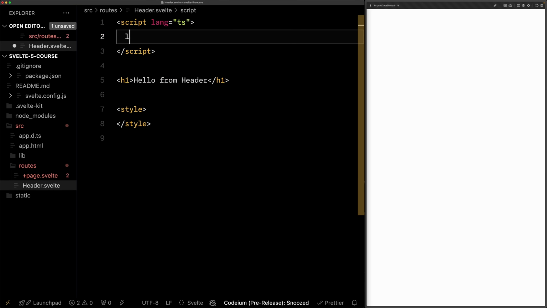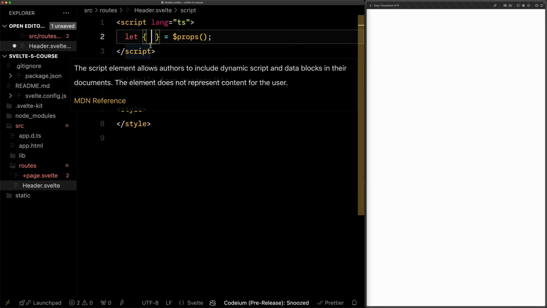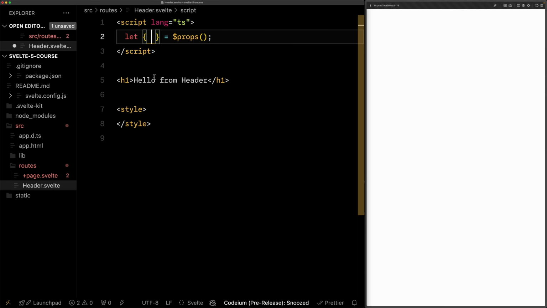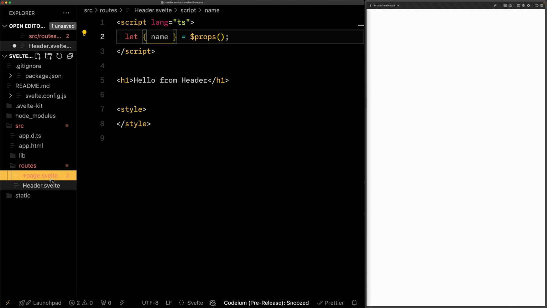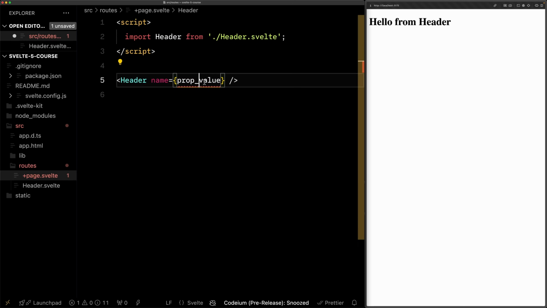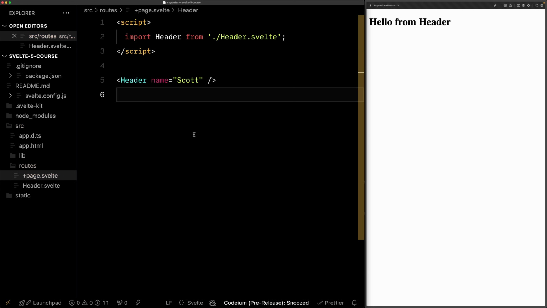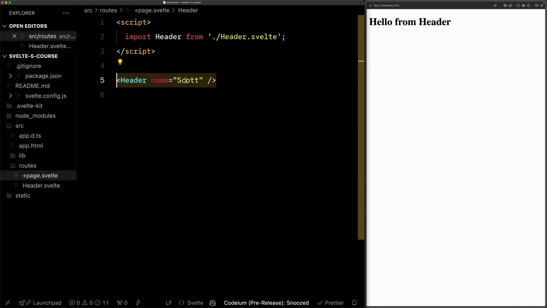And to do that, you say let, and then you have curly brackets because this is going to be destructuring, is equal to $props like this. This means whatever variable we create here will be available to have information passed into it. So if we want to say name, that means that in our page.svelte, we can say name is equal to something like Scott, okay? So this allows us to pass the value, a string of Scott, into header,